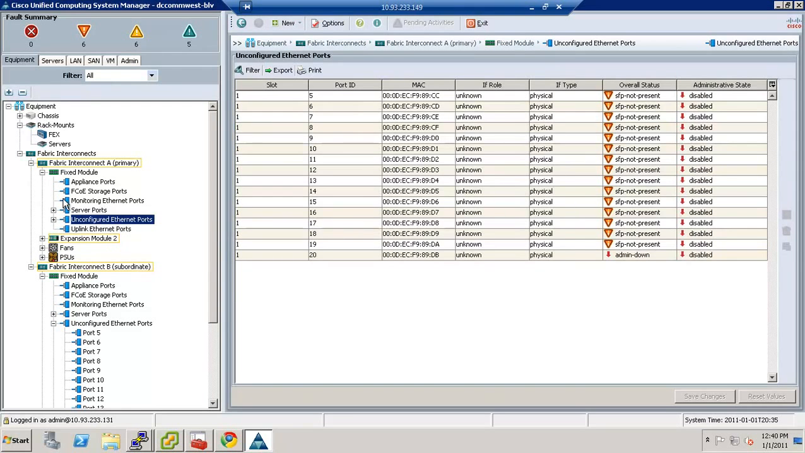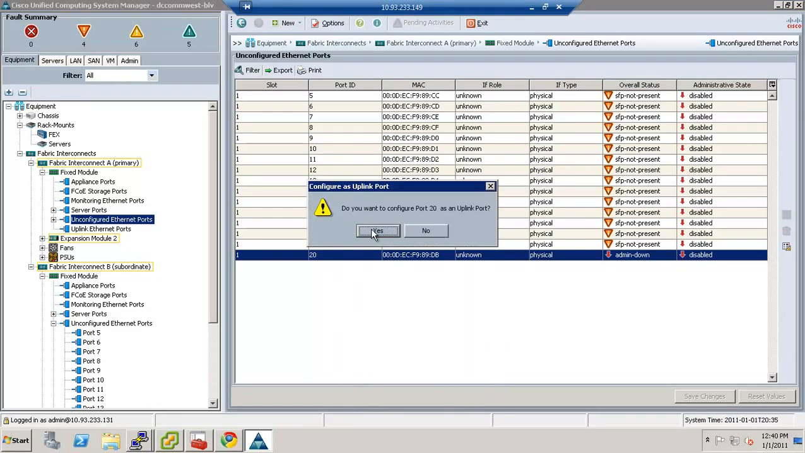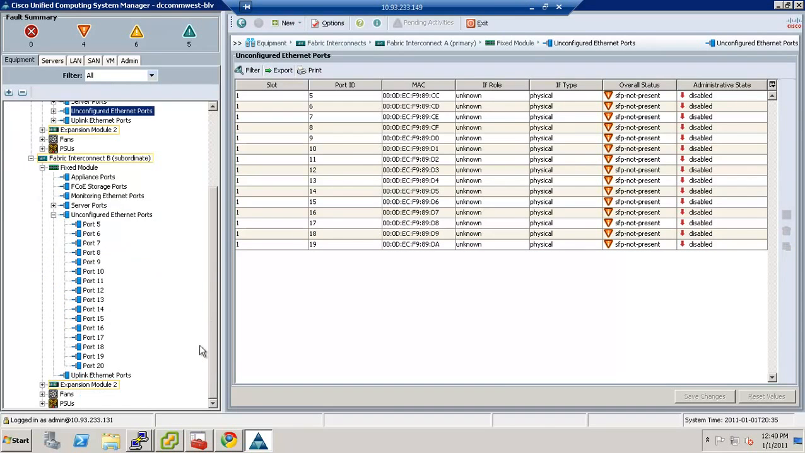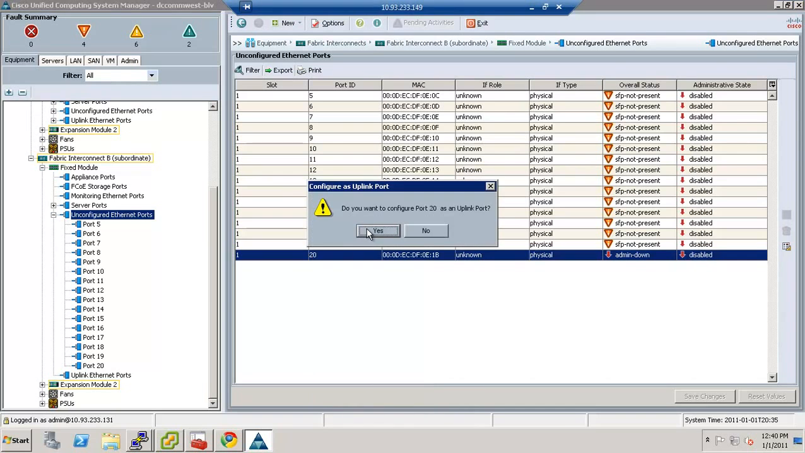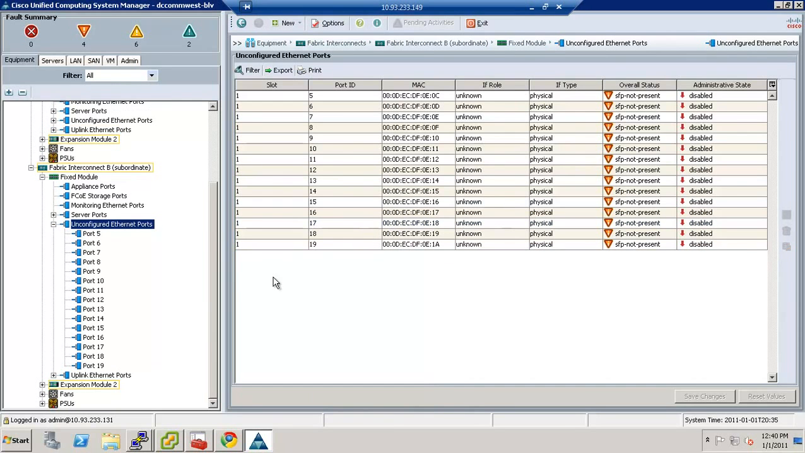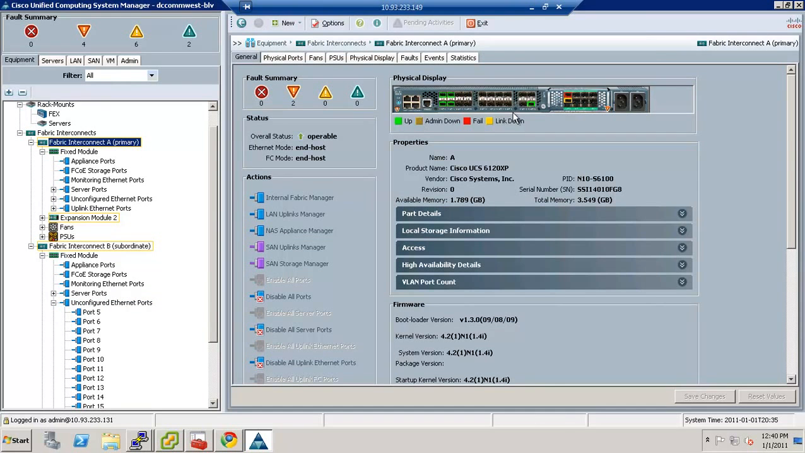So I'm going to go into port 20 here, and as you can see, it's admin down and disabled. If I right click and say configure as uplink port, I can do the same thing on here as well. If I go to unconfigured ports and I say configure as uplink port and say yes. Okay, so that's done. So now if I go on the primary here, you can see that port is up